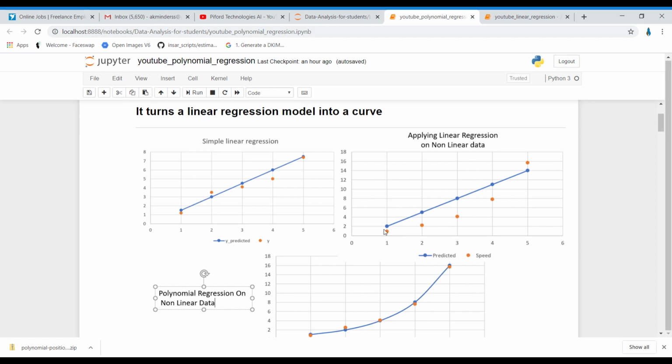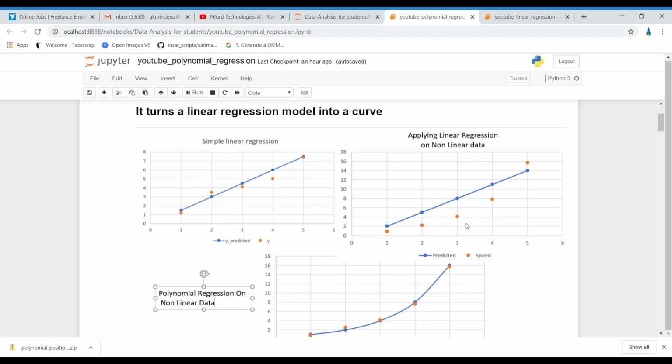Okay. So now on this non-linear data, if you apply the linear regression algorithm, you will get a very bad result. So this is the case of underfitting. Underfitting simply means when your algorithm is not capable of learning from the data, right?